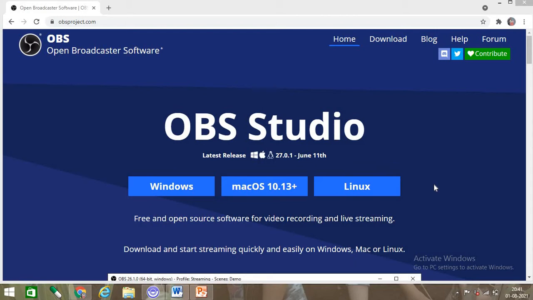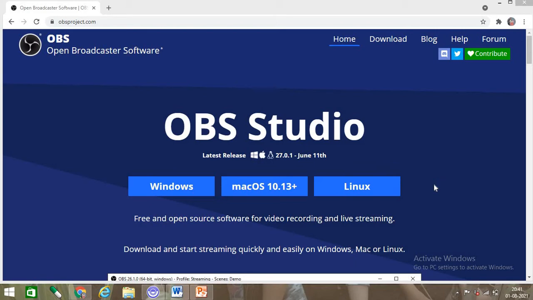The main features of this OBS is that it is freely available. Second is that there is no time limit. That means in some of the screen recorders, you can record the video of 5 or 10 minutes. After that, you have to go for a premium package.